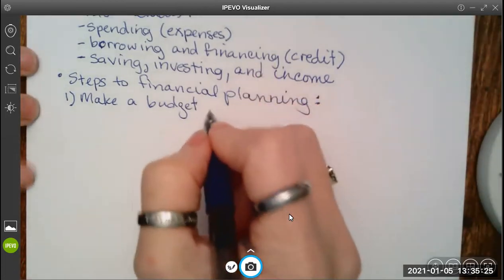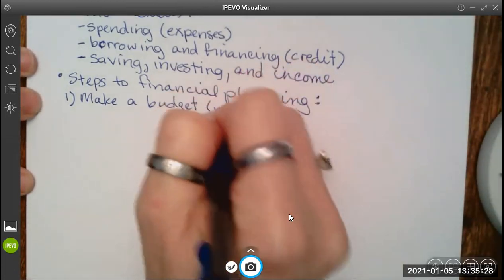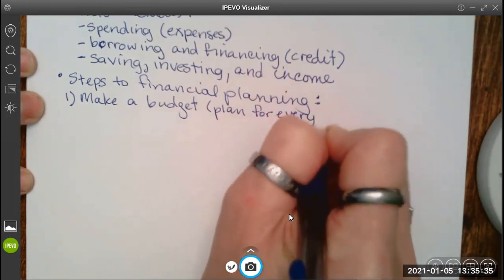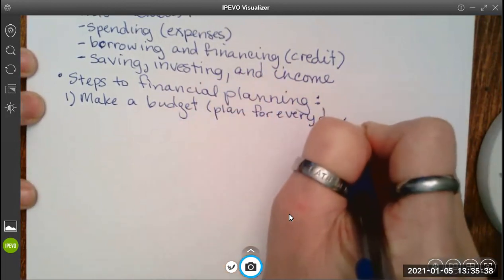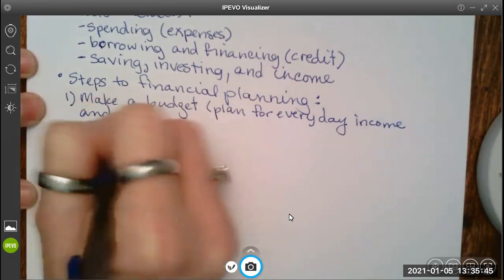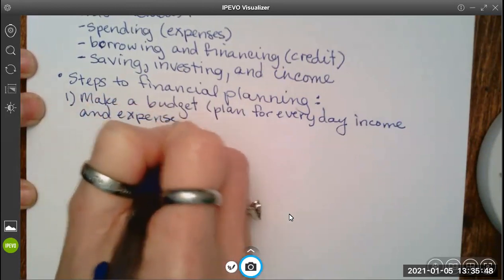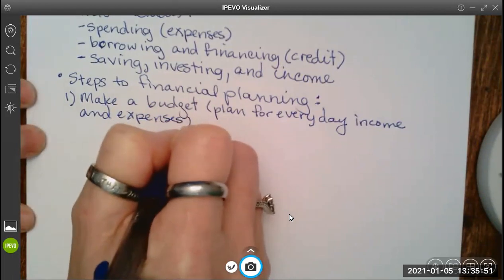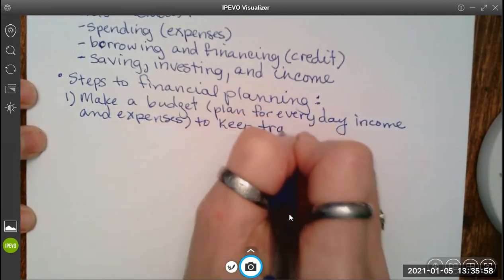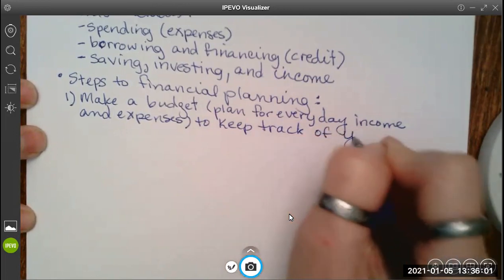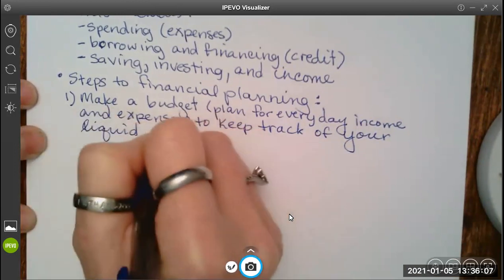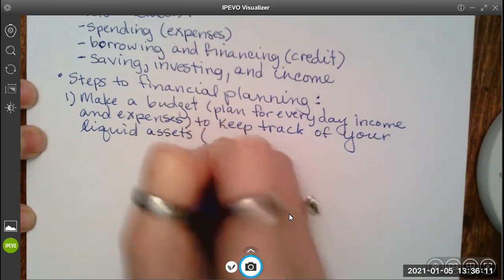Okay. Make a budget is to plan for everyday income and expenses. To keep track of your liquid, and I'll be explaining that in a second, assets. Now, liquid assets are